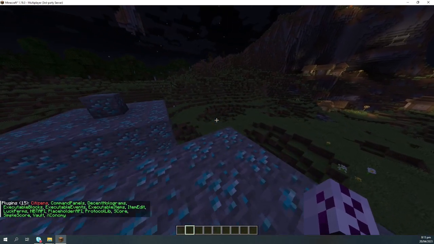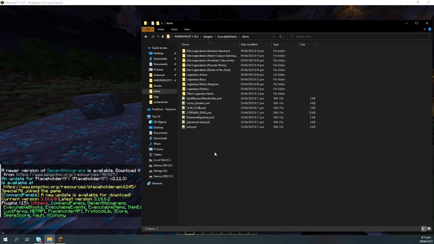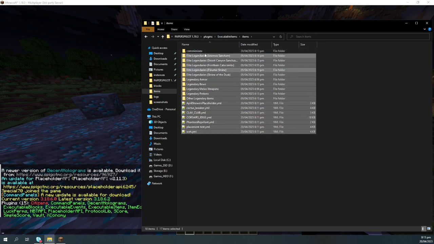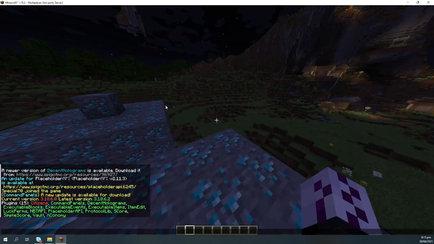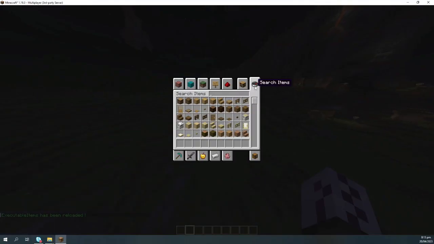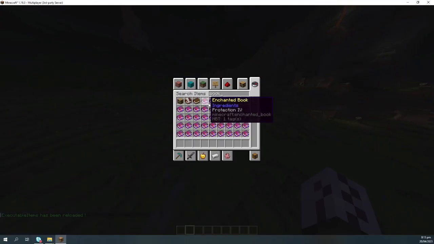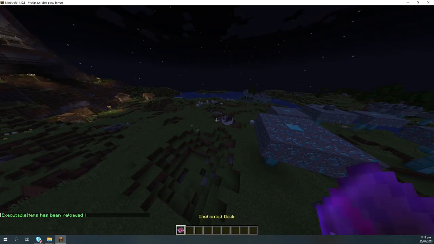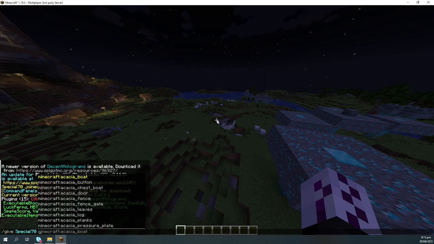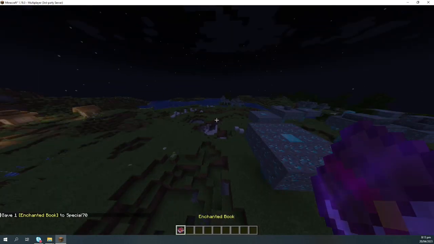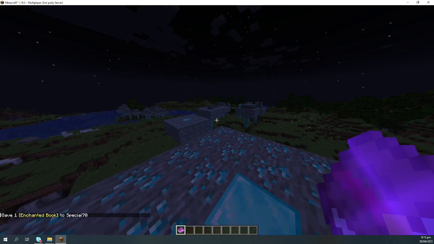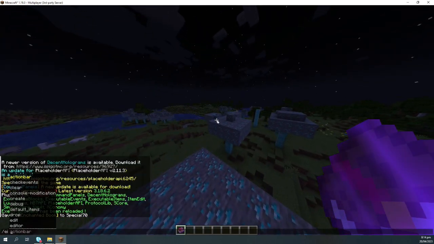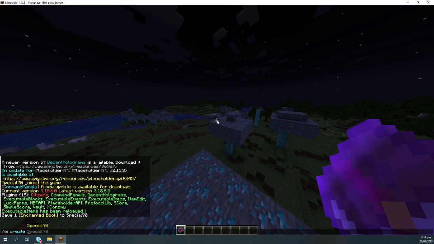Wait, let me just sort my other files. Let's put those aside for now. Let's create a book item, for example, enchanted book. Gives enchanted book. Okay, so this will be our base item. So let's create, for now, a